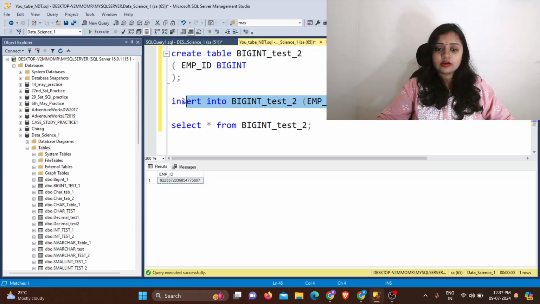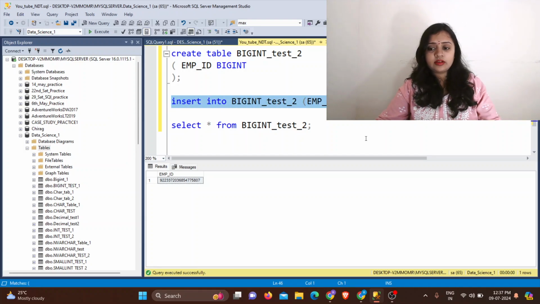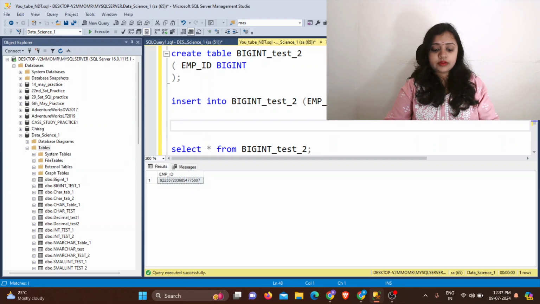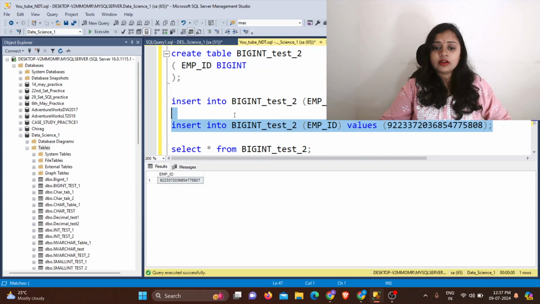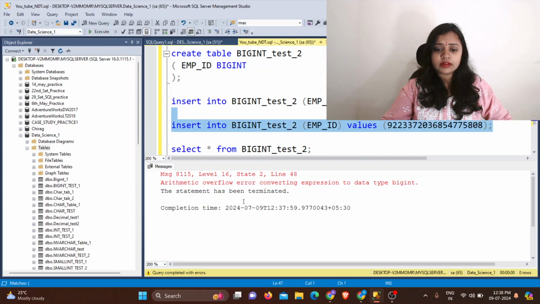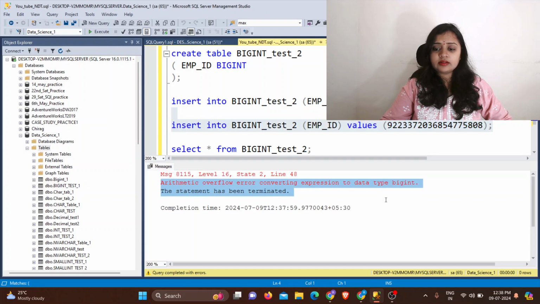I will just copy this one, Control C and Control V, and now I will put the number 808. Just one number more than that. See, you can see the error: arithmetic overflow error converting expression to data type big int.